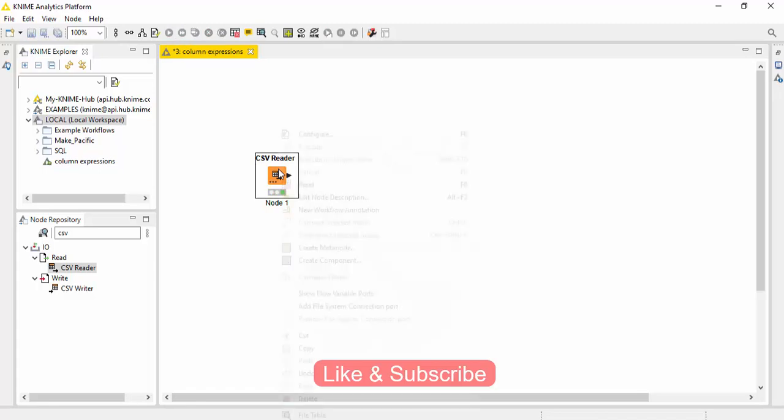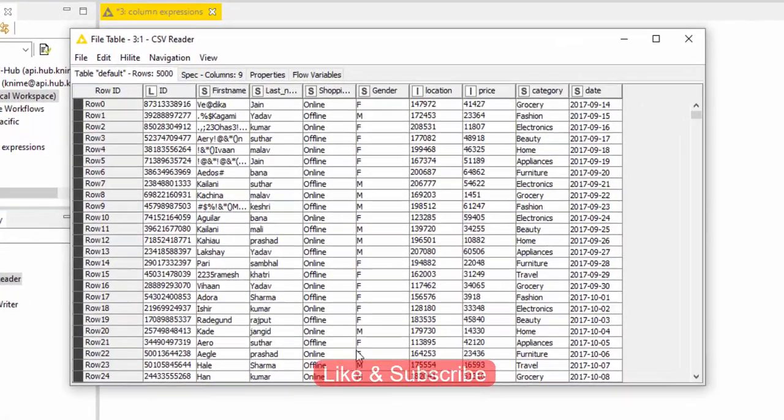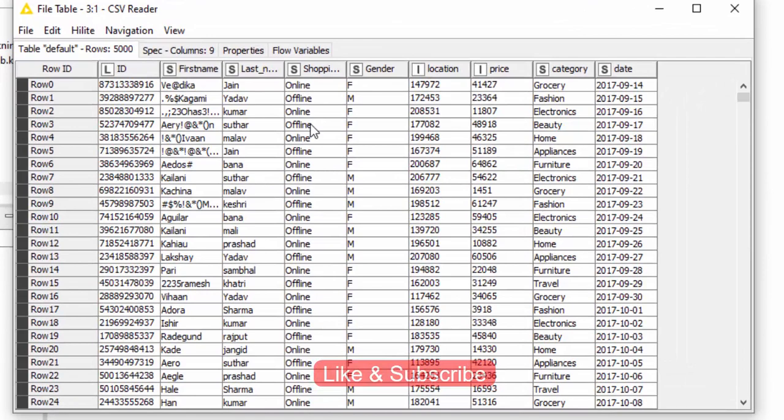Next, right click, scroll down and select the File Table output to view the records. We will observe that the data consists of 5000 rows and 9 columns.